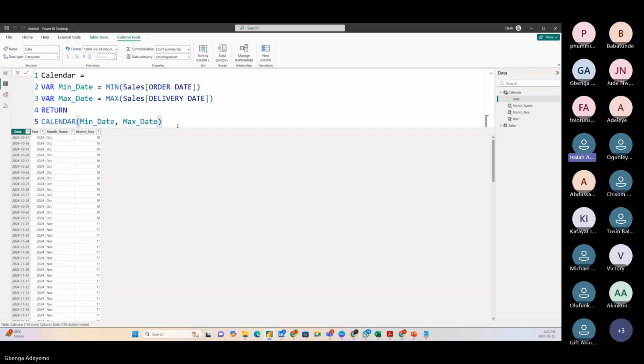Are we looking in a table where we can derive the maximum date, or are we looking at... how will I put this in English? Are we looking at where we can derive the maximum date, or